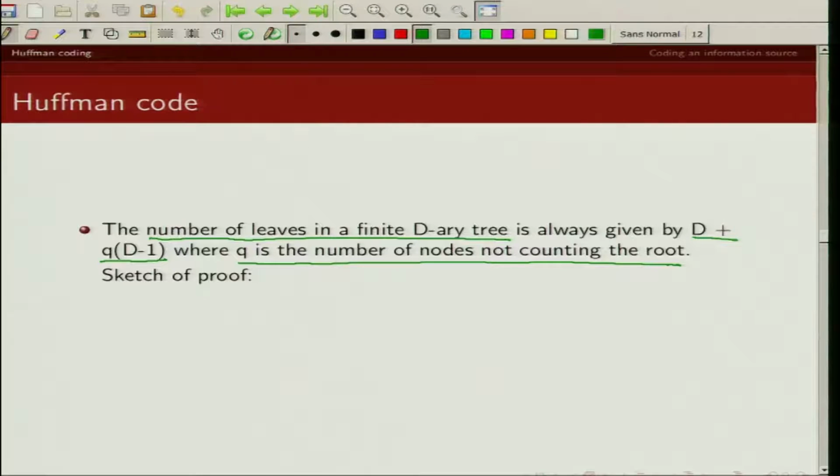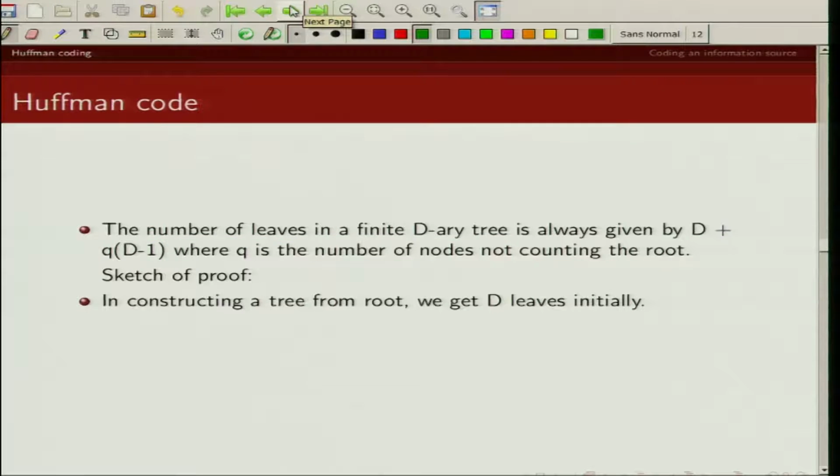So what we are saying here is the number of leaves in a D-ary tree is given by D plus Q times D minus 1. So how do we prove this result? So let's construct a tree from a root.